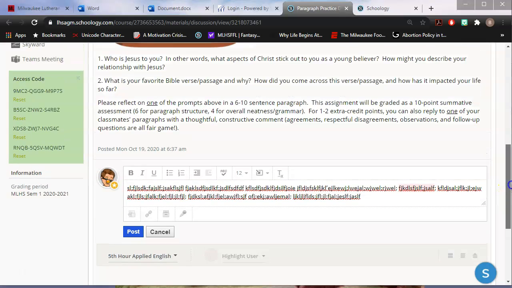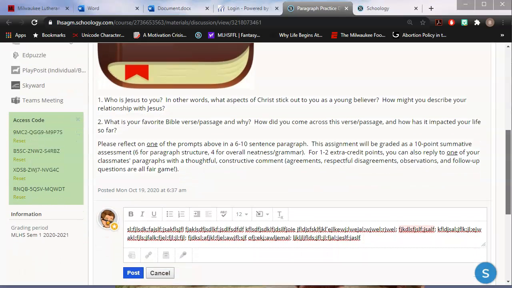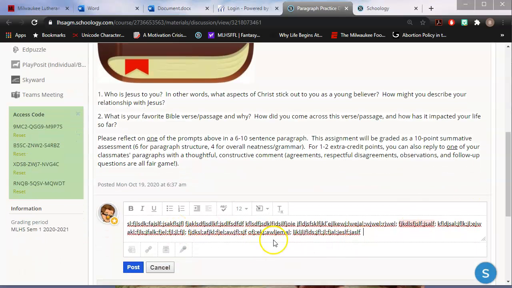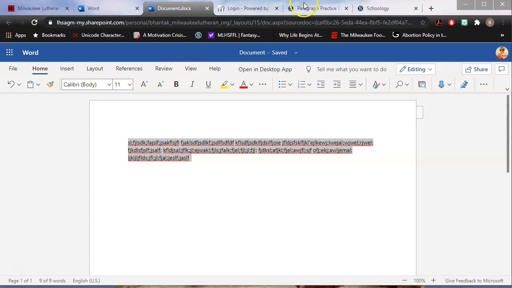Take your time on this paragraph. Again, you have 3 days to write it, so if you need to do some thinking before you write, that's fine. Once again, if you're going to write this in one sitting, it's fine to just type your comment into the box and hit post. If you know it might take you a couple of sittings to finish your paragraph, you should write it in Office 365 instead in Word Online.